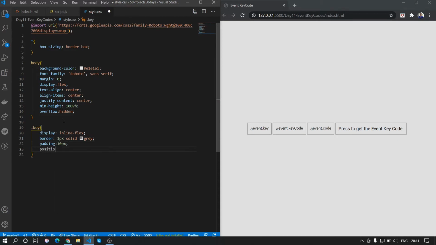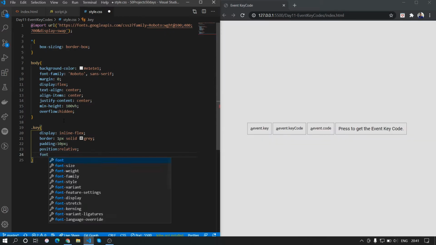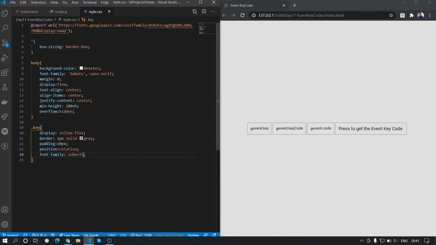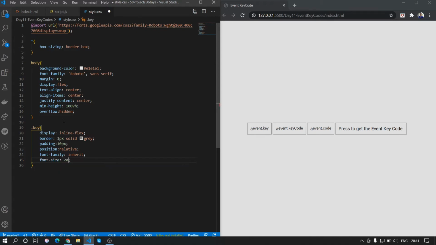We'll add a position of relative because we want to position the small tag within it absolute. We want the font family to inherit. We want to increase the font size as well, so we'll do 20 pixel, and we'll increase the font weight as well, and we'll set it to bold.